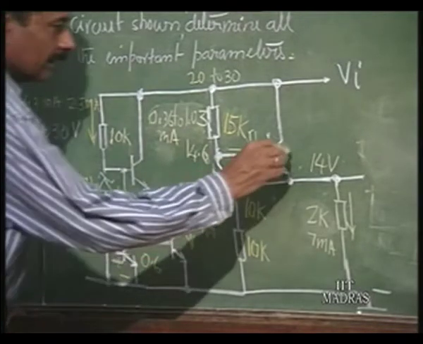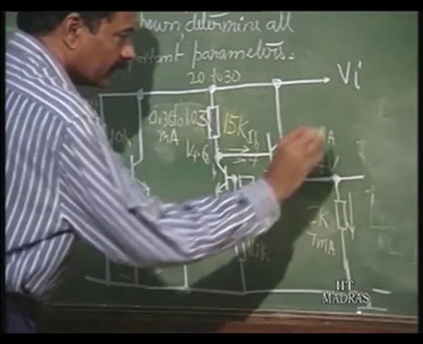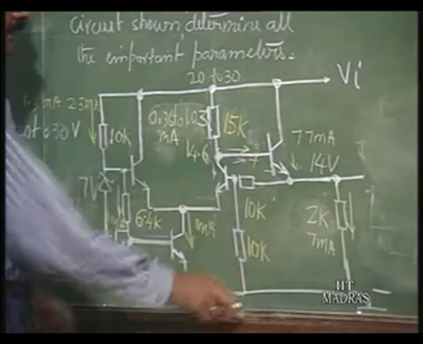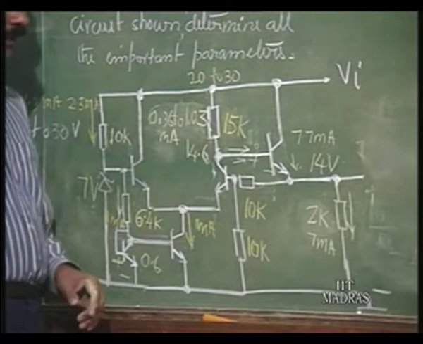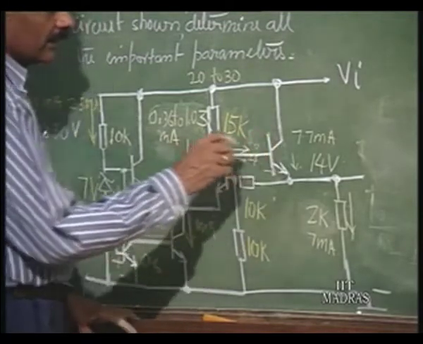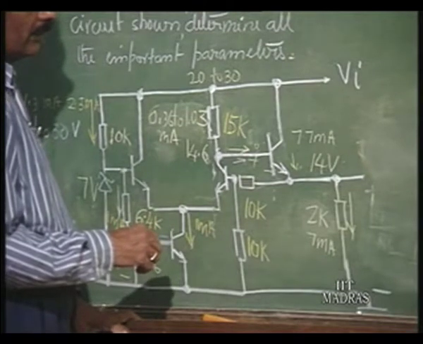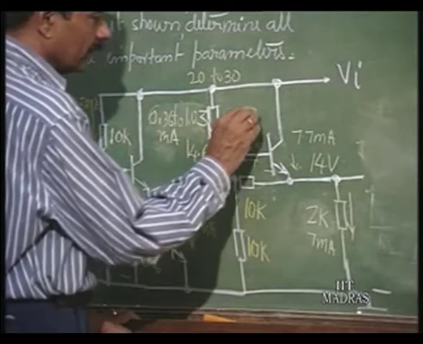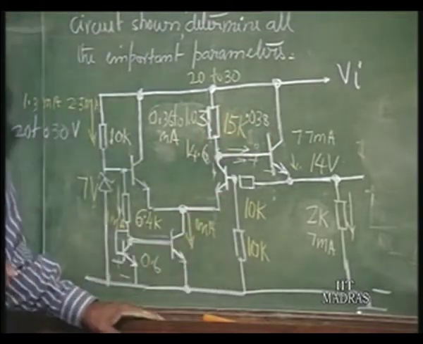So, the total current here is 7.7 milliamperes. This is 7.7, and therefore, the base current is 7.7 divided by 200, which is going to be 0.038, okay, 0.038 milliamperes, correct,